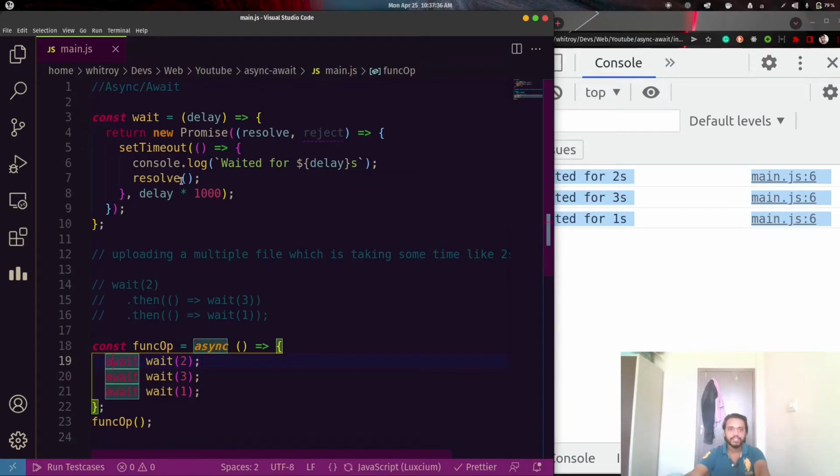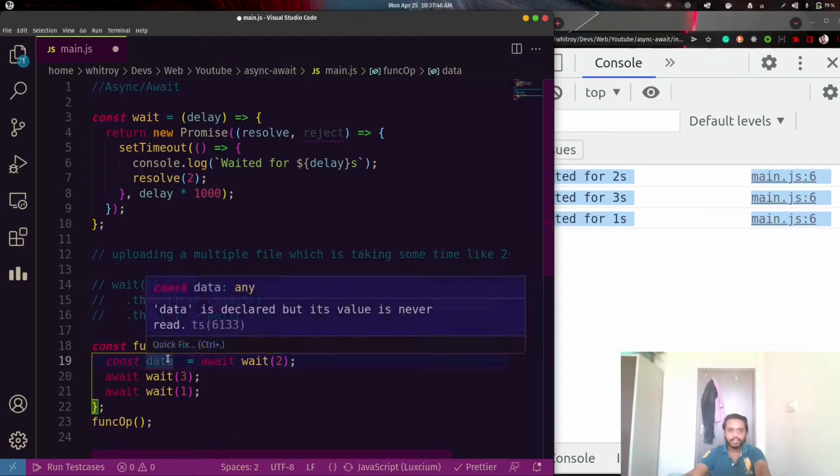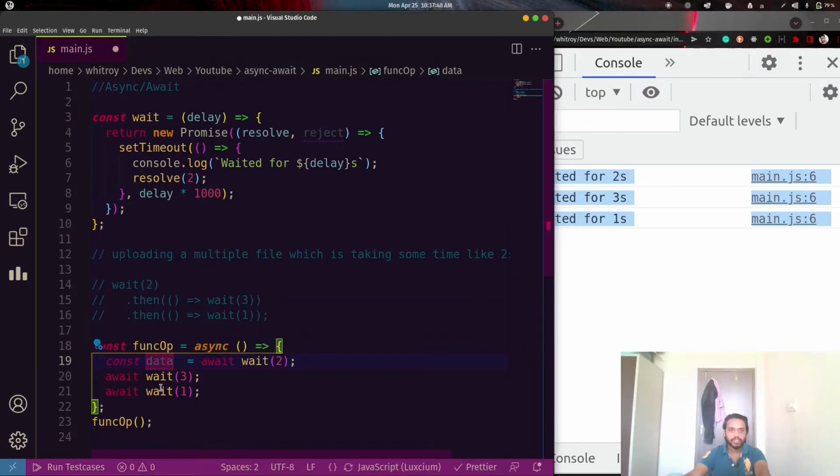Like if this function is returning some value 2, we get a 2 in here, and this data contains this 2. After the first promise gets settled, it moves to the next, and the same works for the next promise.